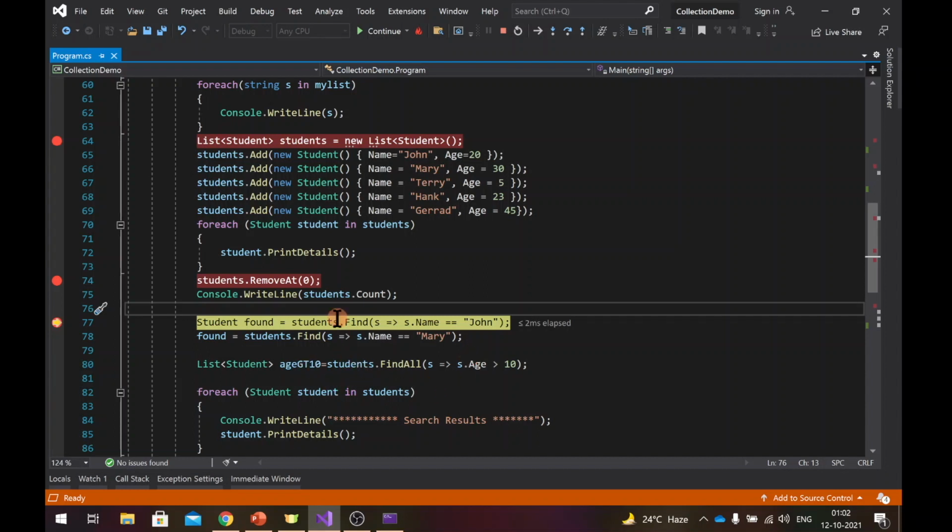So how you search is using a predicate. You put the list name and use a method called Find, which is a method of list. Here you define a predicate. You say you're trying to find an element s where s.name equals John. This is how we define it. We put s, then the arrow sign, and then the condition, s.name equal to